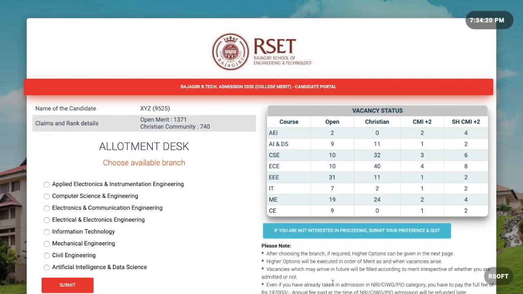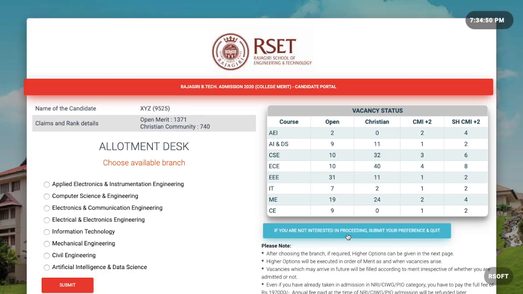If you are in the allotment desk, you will be able to see the seats available. If there is no vacancy in your interested branch or branches, as per the vacancy status displayed on the screen, and you wish to quit by submitting your preference, you can click the button on the right side named "If you are not interested in proceeding, submit your preference and quit."